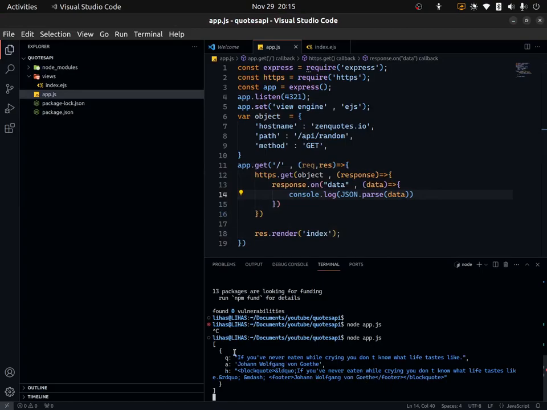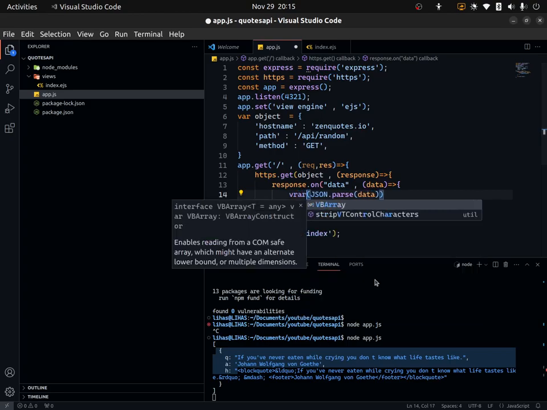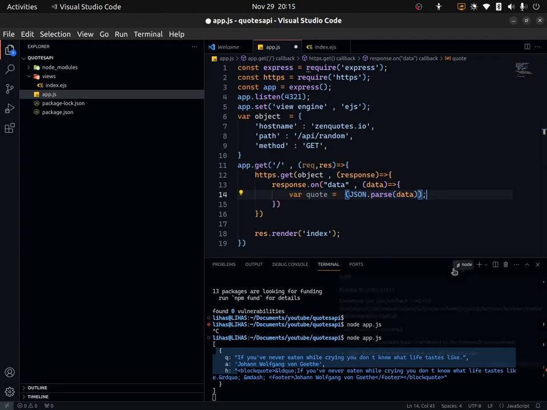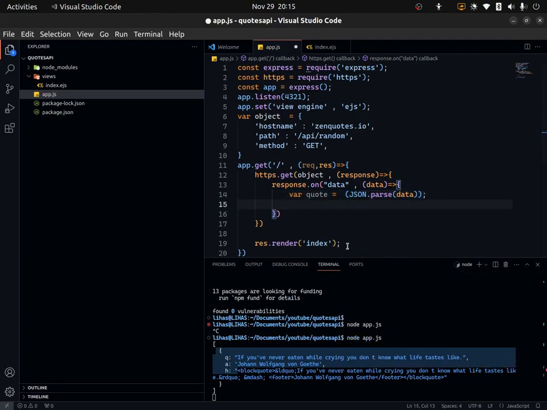I got the quotation, I got the author. Now I need this Q and I need this A. Notice that it's an array, and inside that array it's an object. Let's first of all save down this array. So I type here variable quote is equal to JSON.parse the data,